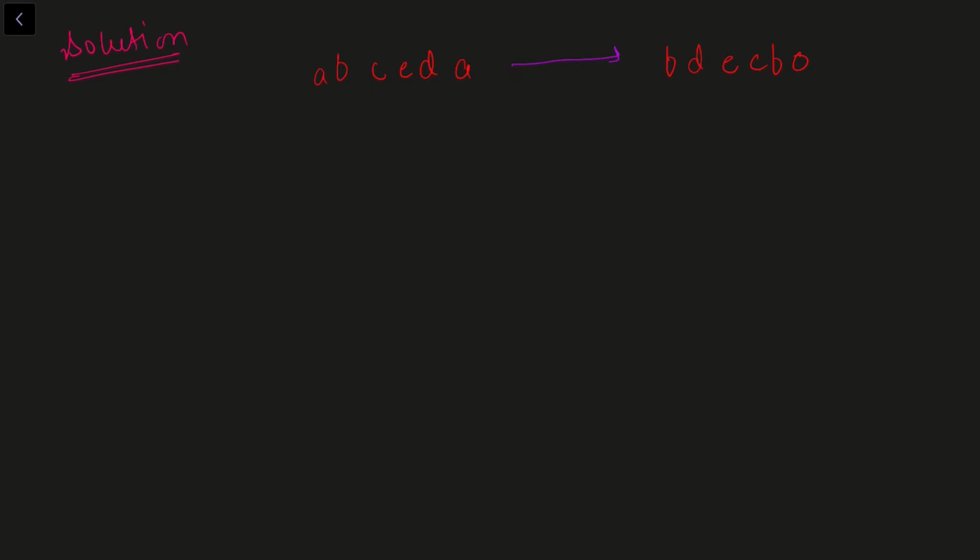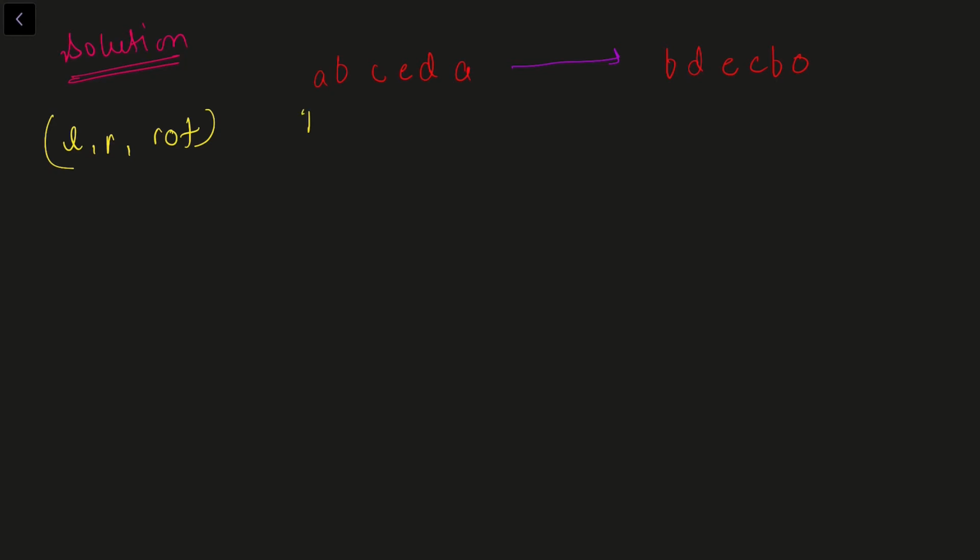So basically we can see here that we need to convert this string to this string, right? The solution here is based on dynamic programming, so we can define states here. The states we can have are L, R, rotate. Here L will be the starting point of the string, R will be the ending point of the string, and rotate can take 2 values, 0 or 1. It will be 0 if we have not used the rotate operation right now, and it will be 1 if we have already used the rotate operation.